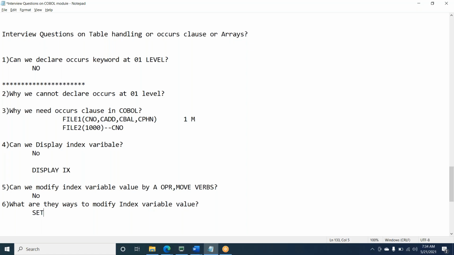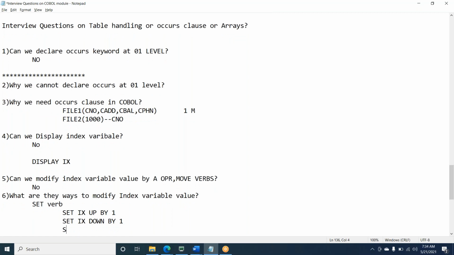One is you can use the SET verb to modify the value, like SET IX UP BY 1, SET IX DOWN BY 1. UP BY 1 means incrementing the index value by 1, and DOWN BY decrementing by 1.